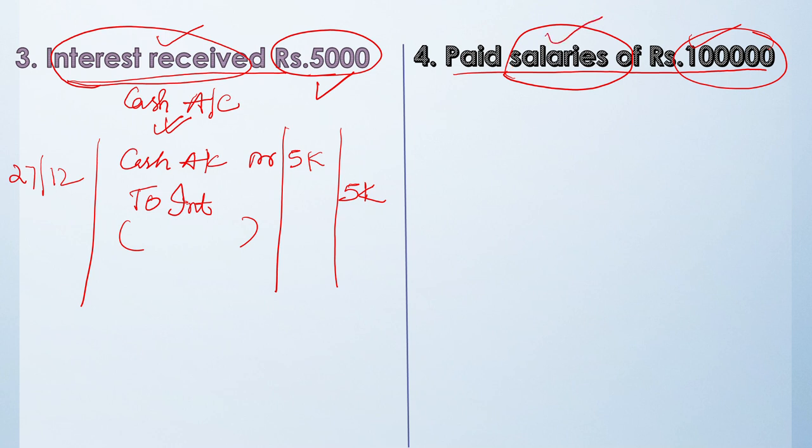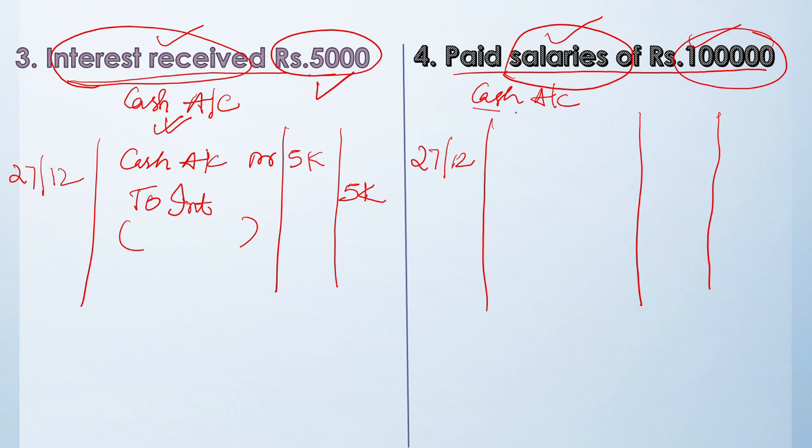So, we are identifying one account. What is the other account that is hidden? Is again cash account because it was bluntly given like paid salaries to workers for rupees 1 lakhs, right? So 1 lakh is being paid. So it's implied that you are paying it through cash, right? So first you will write the date. Here you have to be very careful because though cash is your asset, it is reducing because the cash is